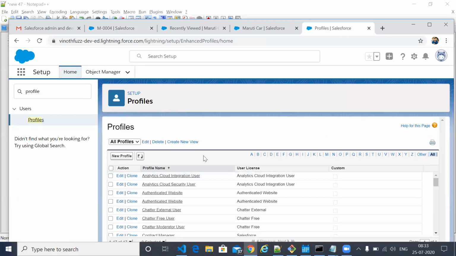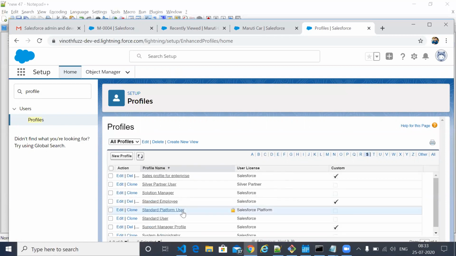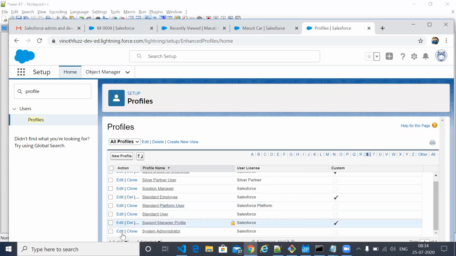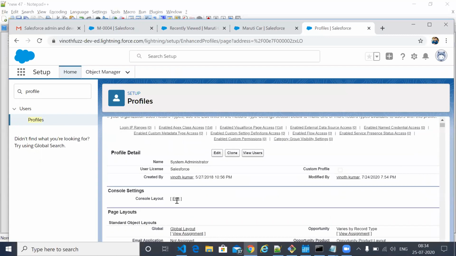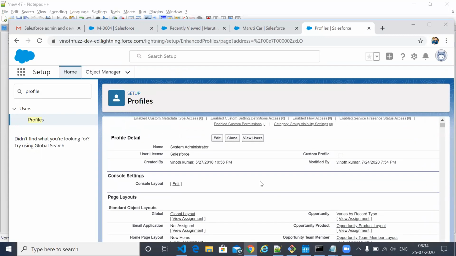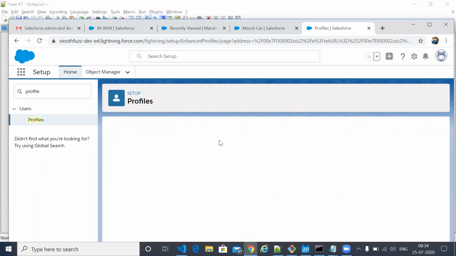So I will go to this particular profile and remove the access of that record type. I have given access to that record type. So this is system administrator. I came to profile and system administrator. If I want to edit it, here I can click on edit.